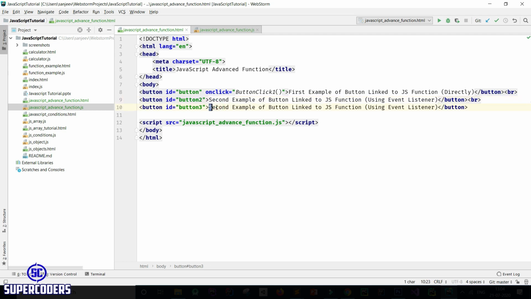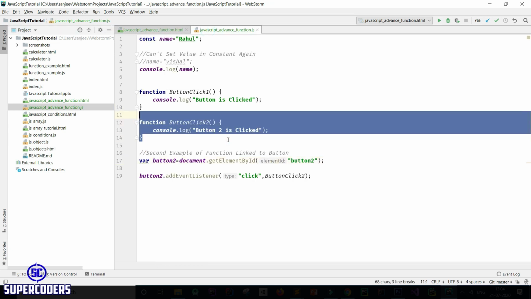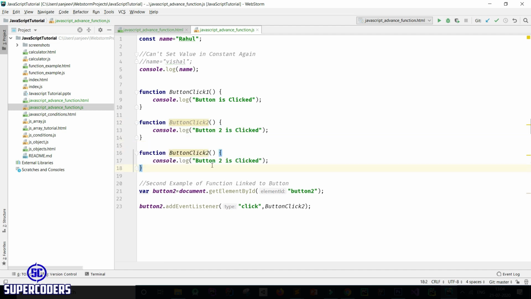So third example of button to JS function using button object event. Now let's see third example. So come back here and creating function again, copy this function. Now copy this function and create another function which is button 3, change this text to button 3.